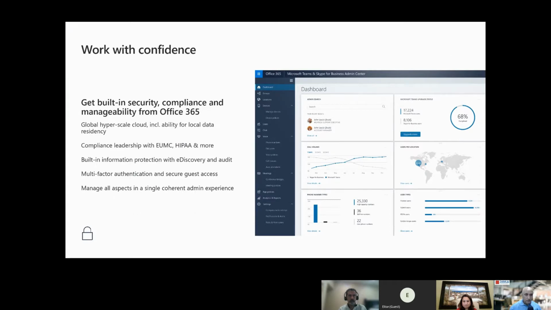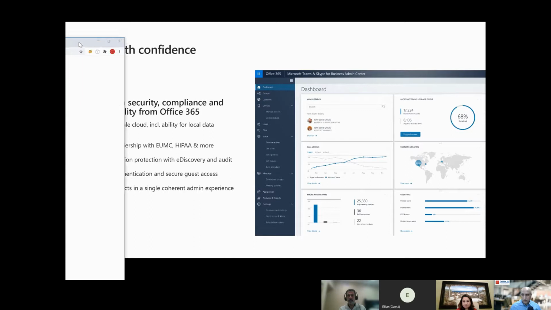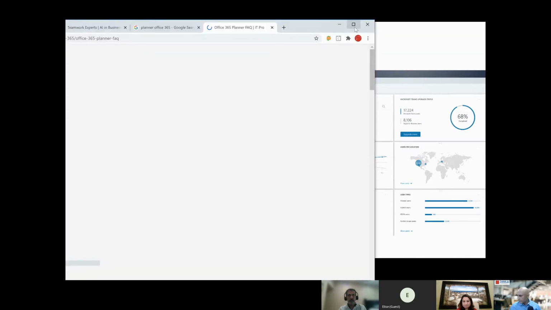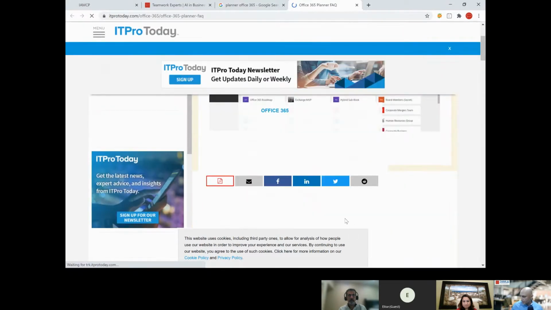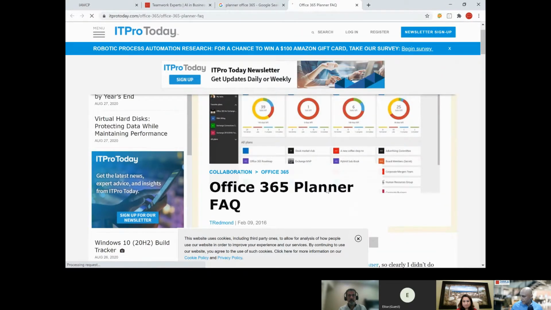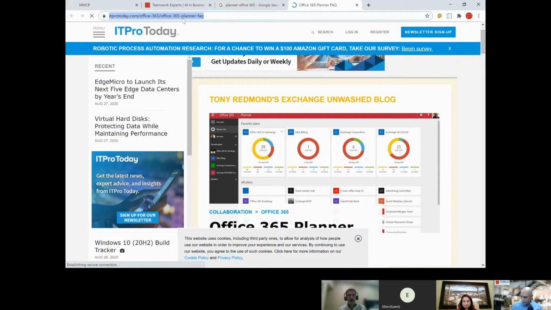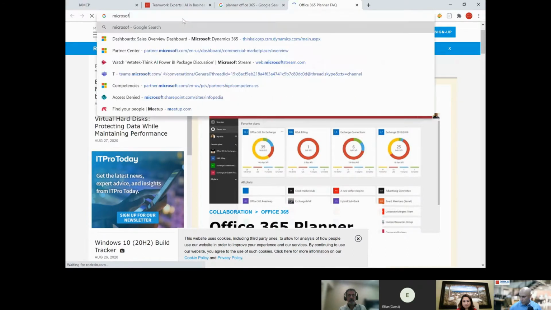So let me bring up a planner view and let's see. I want to show you a couple of good images of Planner so you can see how it looks. Yeah, this is a good look. Actually, let's just go to Microsoft Planner.